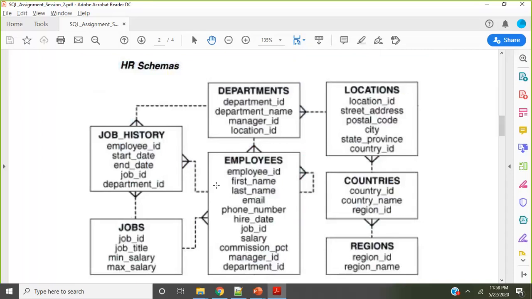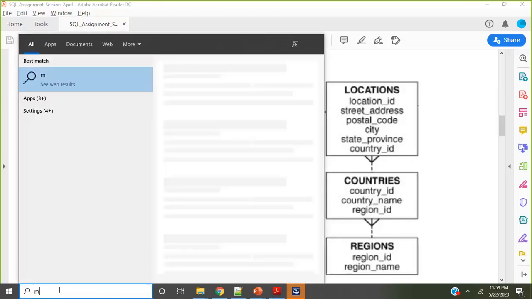So Oracle is an RDBMS where the tables are normally connected with each other in proper third normal form. One day I will get a chance to explain what the normal forms are. But at this moment, just think about what exactly this model is. Let us start with a department. Think like this. You have a department. In one department, many employees can work. So that is why you see a kind of relationship here. Let me explain for a minute what that actually means.